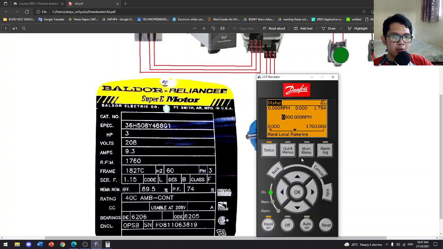So in getting the motor configuration, click quick menus again, and then quick setup. Locate the ramp up time. So change this one into 15 seconds. Okay, and ramp down time also 15 seconds.